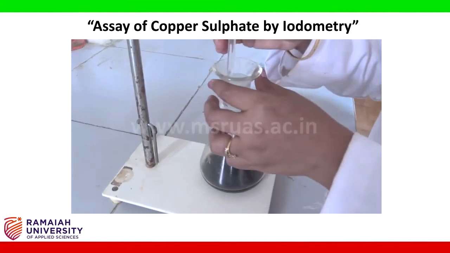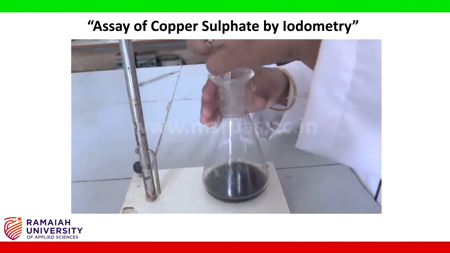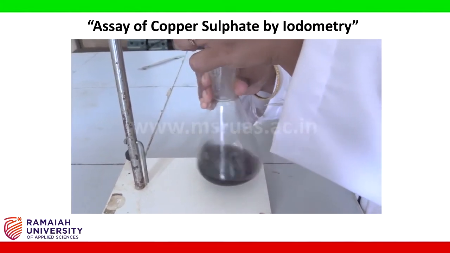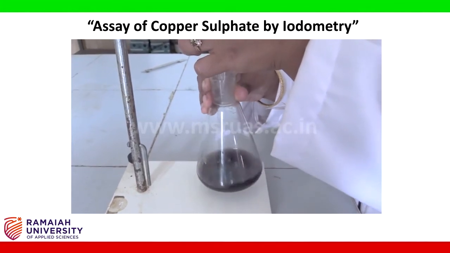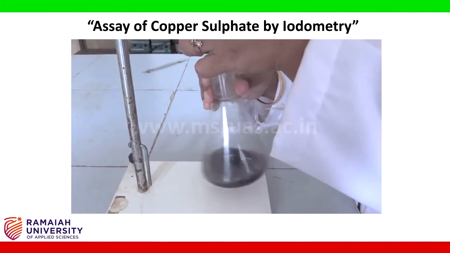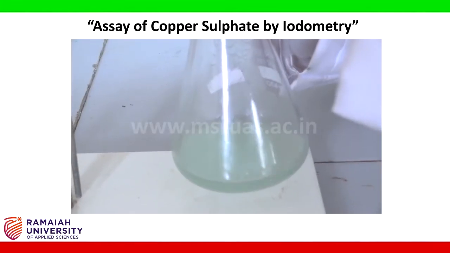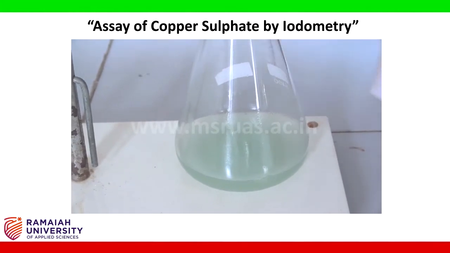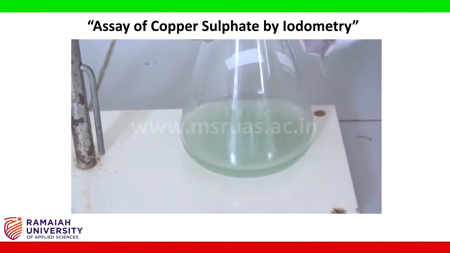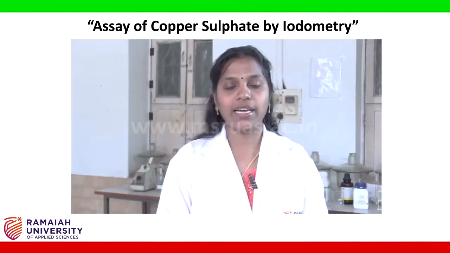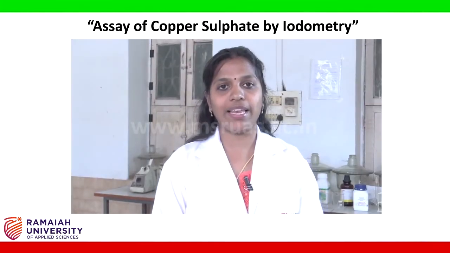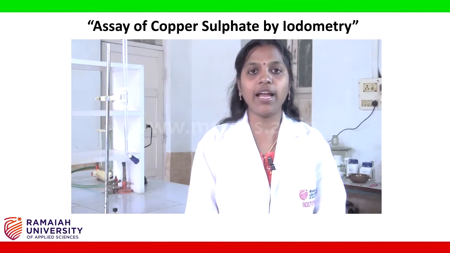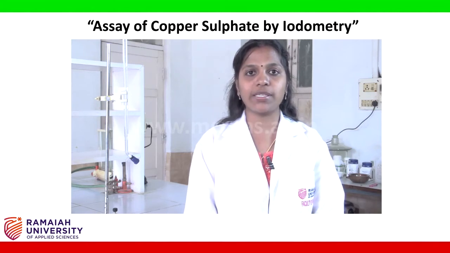Then titrate with 0.1 normal sodium thiosulphate. The end point is the appearance of apple green color from blue color. Repeat the titration to get concordant values. This is the procedure for standardizing 0.1 normal sodium thiosulphate, and now we can do assay of copper sulphate using